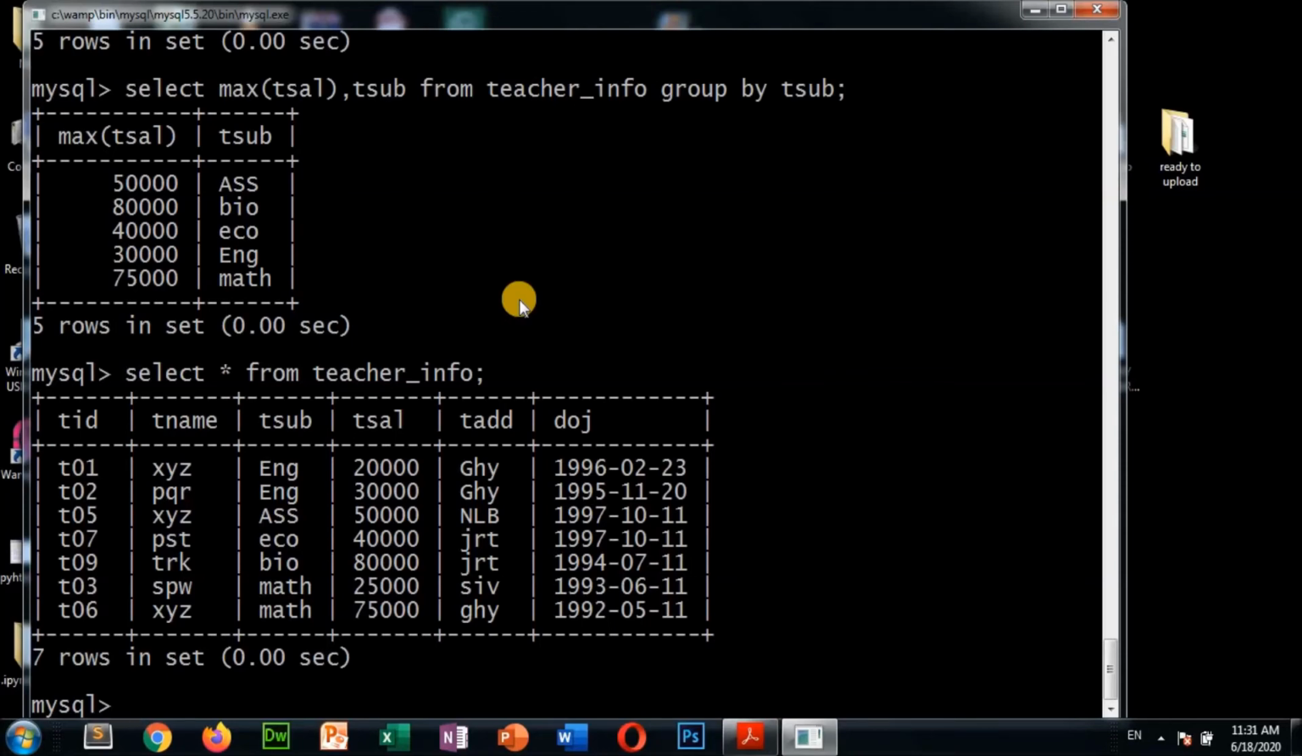So by using this like clause, what you can do, you can display the records whose name's first character is starting with a particular character. Now see, practically, suppose I want to display the names from this table whose name is starting with X. Okay, so for that you can use like. So select T name from teacher info,